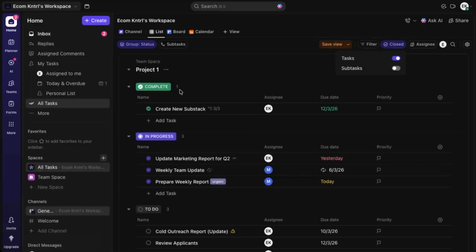That's all there is to it. By consistently updating your task statuses this way, you keep your ClickUp workspace clean, accurate, and easy for you and your team to